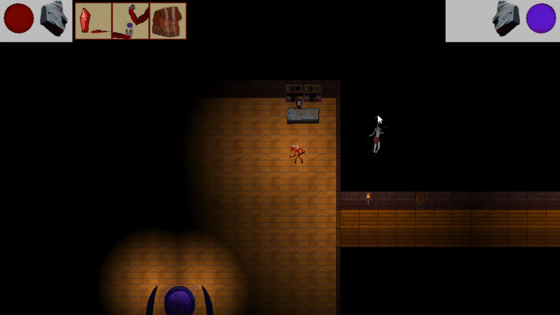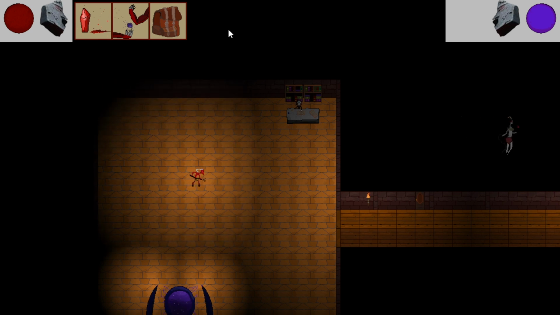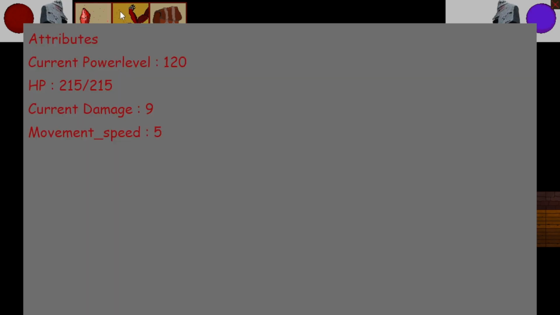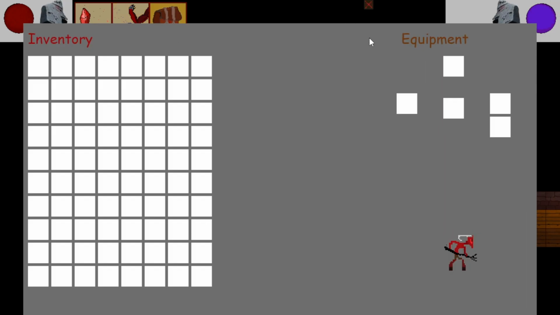Because it's all in a really early alpha stage, you see at the top three buttons. I guess the interface will be full of buttons when I'm finished, but I implemented three buttons here. This one is kind of like a skill tree where you can increase attributes based on certain points you have. The next one is the overview of your current skills, power levels, and all sorts of things. And the last one is the inventory, also containing the equipment.